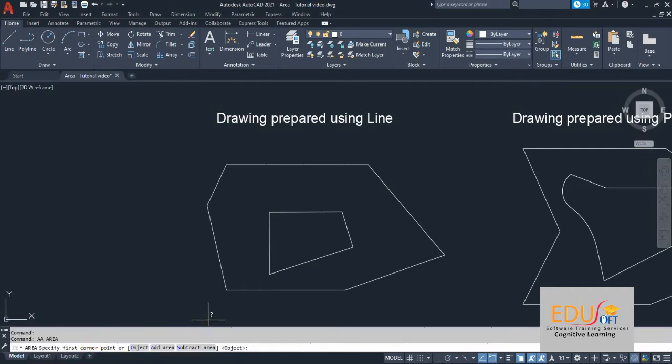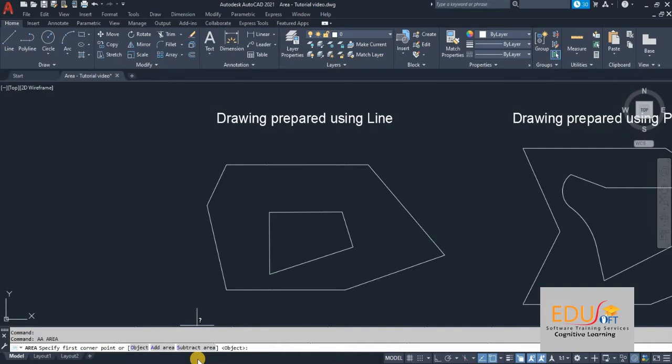In the command window, the software is now asking to specify first corner point as the default option. Also, you can see there are some other sub options within the bracket which we will see later. Now we will go with the default option.